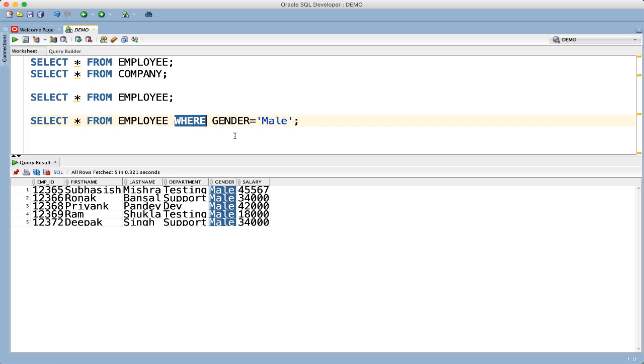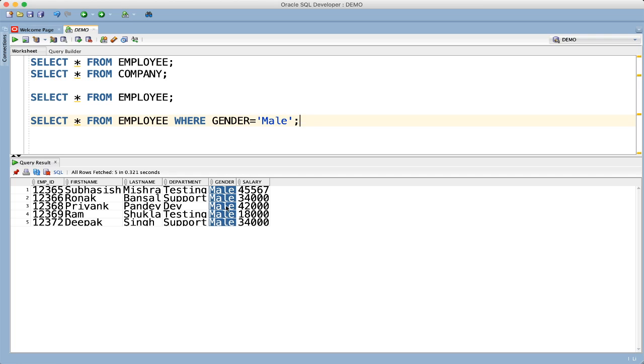Here I'm asking about gender, but they may ask about department, like the testing department, fetch all the employee details of testing department, or support or dev, or they can ask something about salary, who is getting this much salary, some condition, or some first name, last name, something like that. The only thing you need to remember is that when they ask you for details under some condition, whatever condition they are telling, you have to remember that and write the query as per that. Here they asked for the male